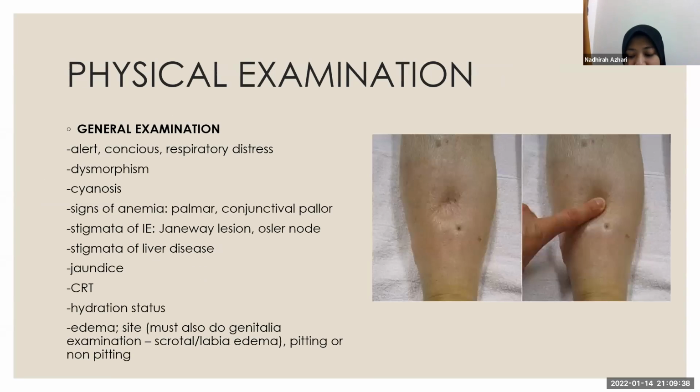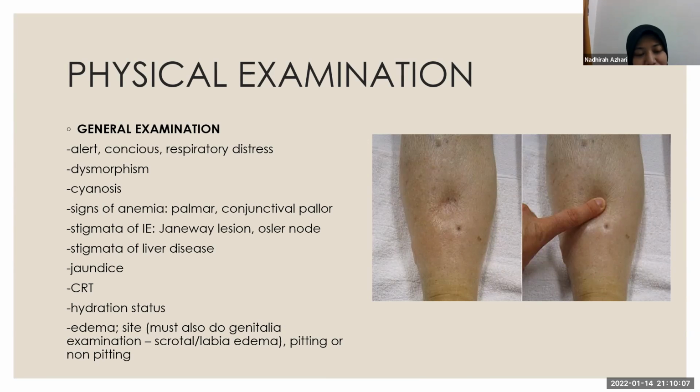Okay, so after obtaining the history, moving on to the physical examination. Generally, if the patient comes with swelling, what do we want to look for in the general examination? First, we want to identify whether the child is alert, conscious, or in respiratory distress, and then look for any dysmorphism, such as Down syndrome, which can be presented with